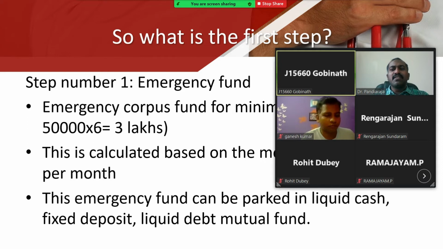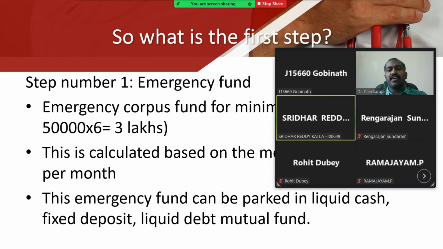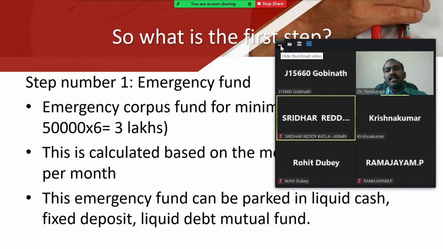At least 6 months. This knowledge has been there for quite a long time, but following COVID we realized we should have an emergency corpus fund. Why? Because following COVID or some kind of trauma or some injury, following a fracture, you might be bedridden for quite some time, maybe 4 months or 6 months, something like that. Meantime, yourself and your family need the finances.